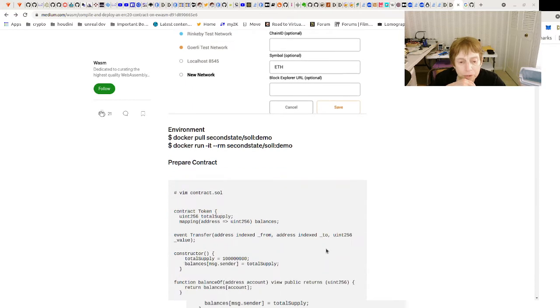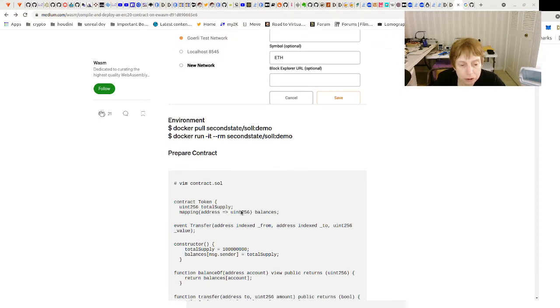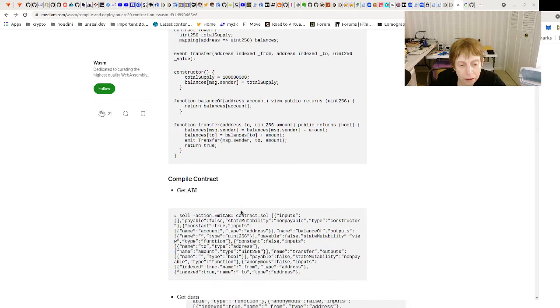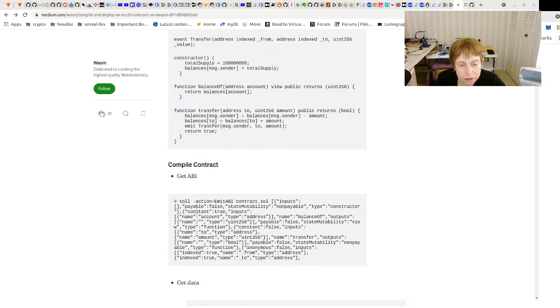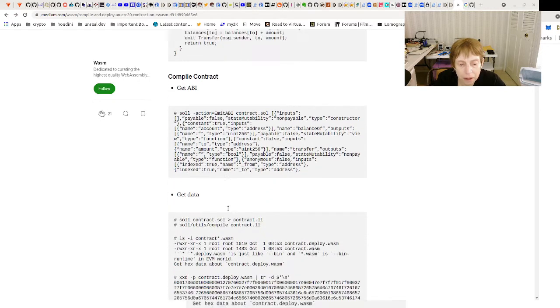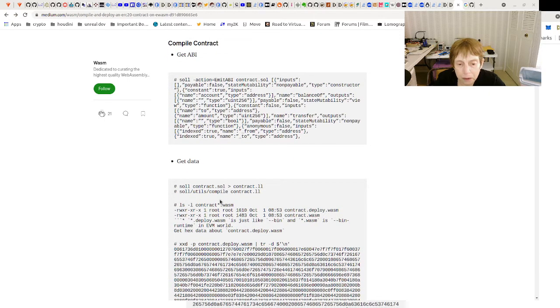I went into the area where they have the Solidity, and they have several example contracts. When I put in this one, it does not like the version, which is weird, because I've never seen that before myself. So what I ended up doing is replacing it with the pragma that says what compiler it's supposed to use. And I was able to run this, the SOLL emit